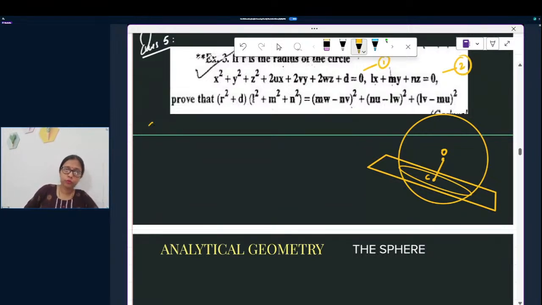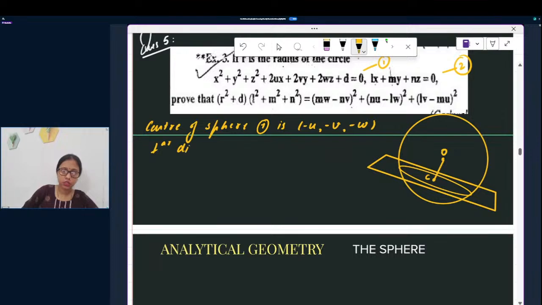So the center of sphere 1 is minus u comma minus v comma minus w. Perpendicular distance